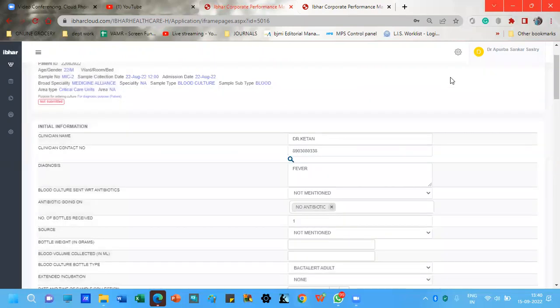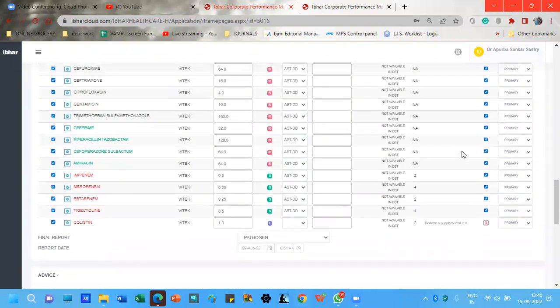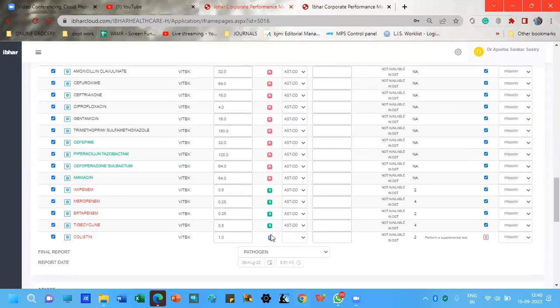The only exception to the therapeutic index rule is usually intermediate results; we don't calculate the therapeutic index for intermediate results. The therapeutic index or breakpoint to MIC quotient is calculated only for susceptible results. The only exception to this is colistin, because for colistin we don't have susceptible result breakpoints. We only have intermediate breakpoints. That's why we calculate the therapeutic index or breakpoint to MIC quotient in this way: in the numerator we keep the highest intermediate dilution, that is 2,